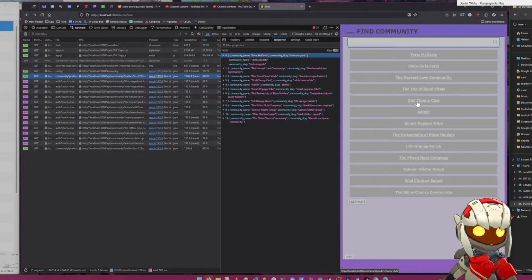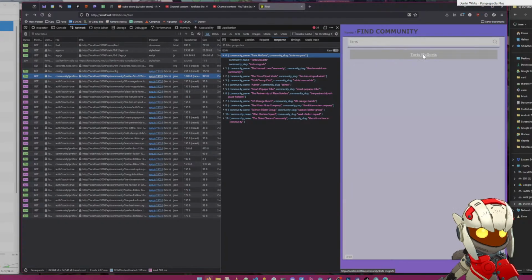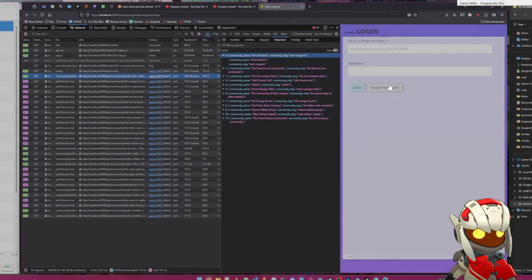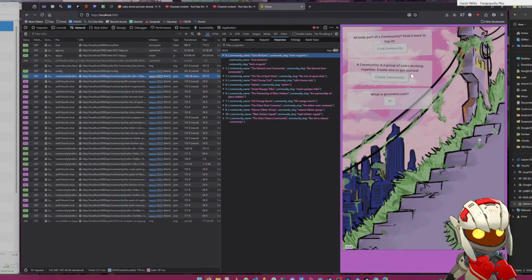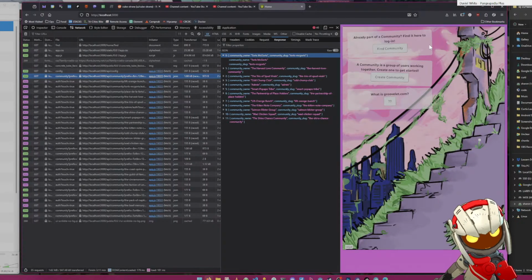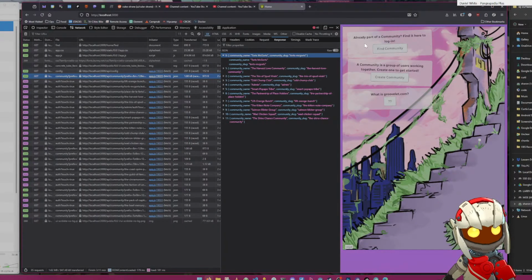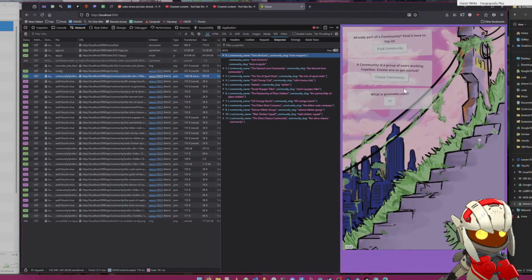This part of the app already kind of does what I'm designing in Godot. So if I type in torts, it'll pick out Torts Magorts, this community, and then I can log into this community. And if I have the login, I could actually log into this community. There's a fully working authentication system, and then once you're in a community, there's a bunch of stuff that you can do in there, like invite other people and manage the people in your community. There's a messaging system, just real basic web stuff. But this is a super basic